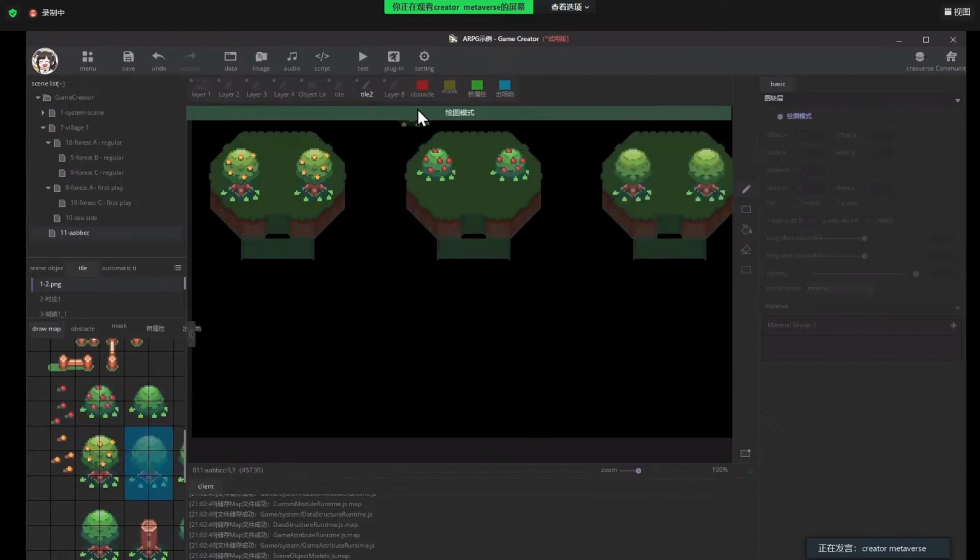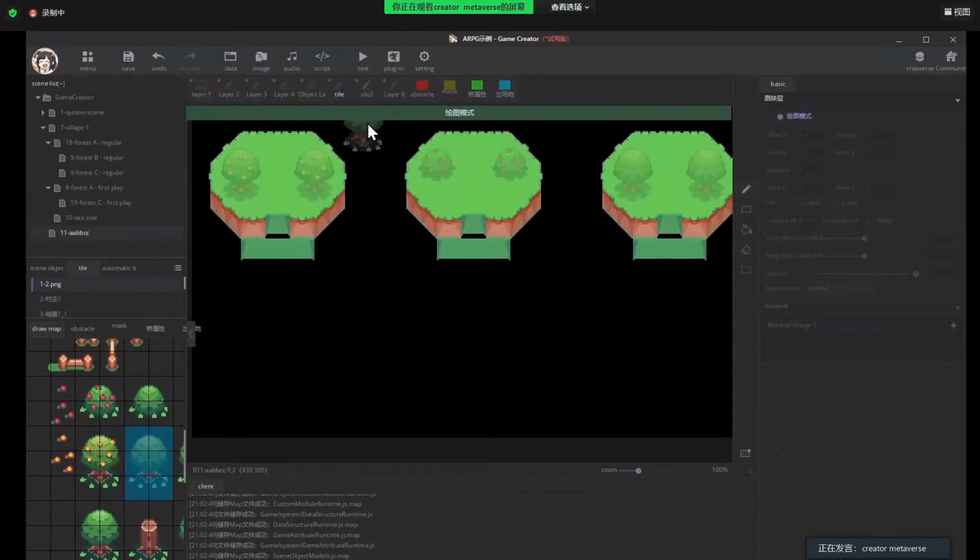Another type of tree. You may ask, what if you directly draw the tree here? We can try it. So it will have this kind of effect. It's not good. So I just undo.